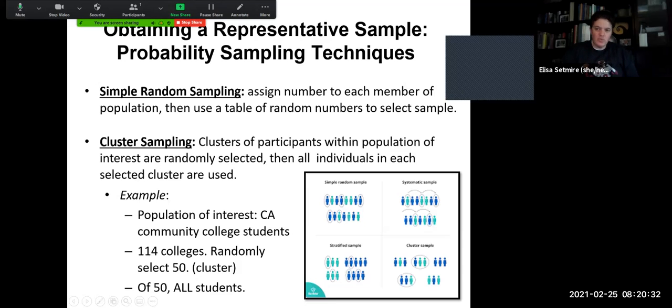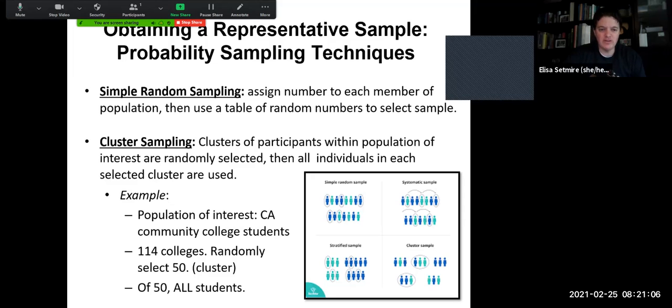There are a bunch of them right here that we'll talk about over the next couple of slides. The probably easiest way to do this is to do what's called simple random sampling. Maybe we assign a number to each member of the population, and then we use a table of random numbers to select a sample. That's a very, very common method. Let's say I'm going to pick a number at random, 9. Every 9th number on your student number list of all the students who go to Moore Park College will be contacted for my experiment or for my survey. Right? We're going to use some kind of numbering to create a random sample that we're selecting.